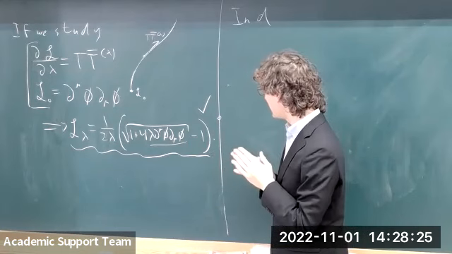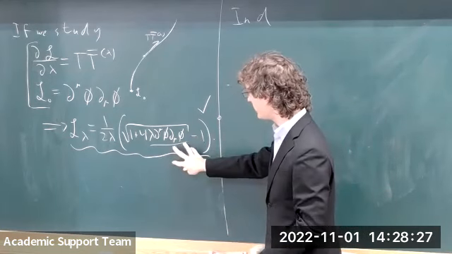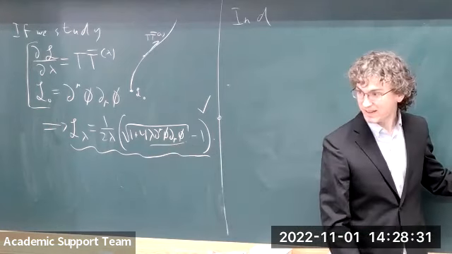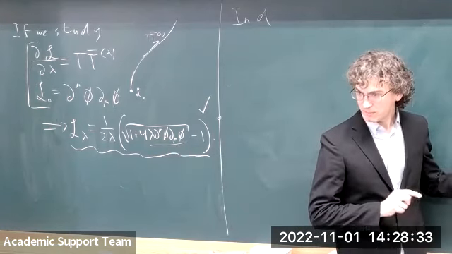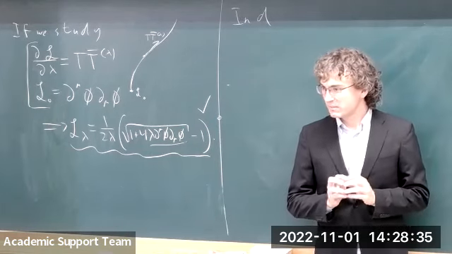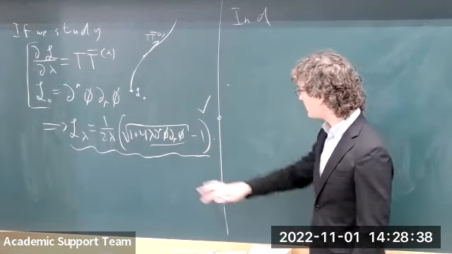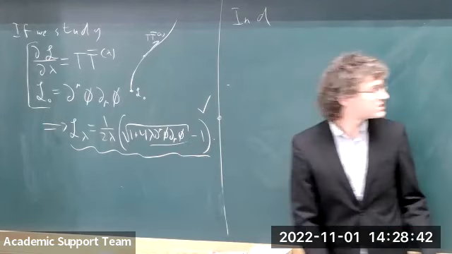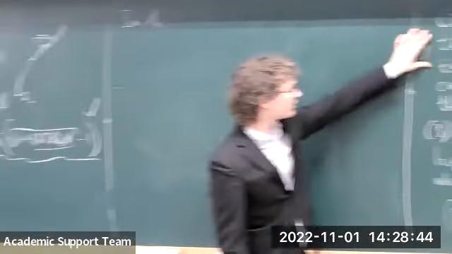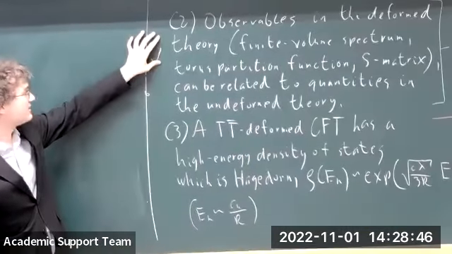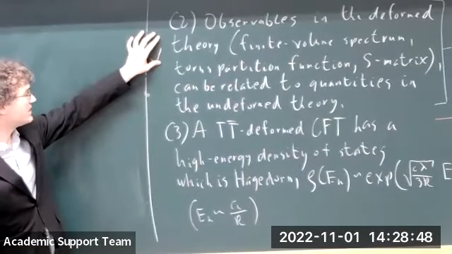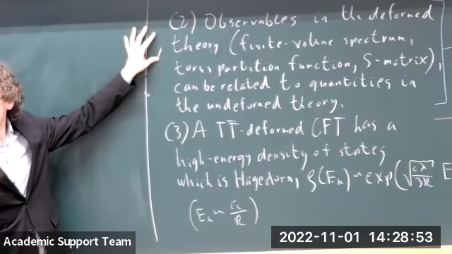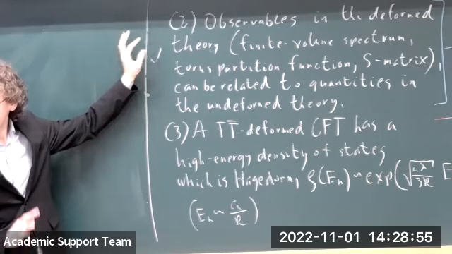The answer I'd like to give is that if you do that procedure of coupling to a background metric and then quantizing all the string theory, you will find this statement. So in that sense, it's true, but in another sense, it's somewhat misleading, because in general, quantizing the classical Lagrangian obtained by solving a TT bar flow will not necessarily agree with the properties of the TT bar deformed theory if you use one of these quantum mechanical definitions. These things, in general, they will not be the same. That's the subtlety.